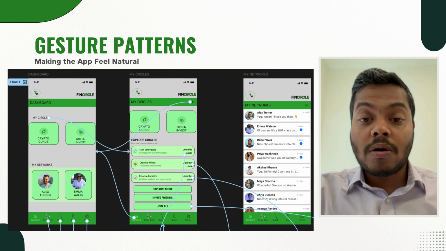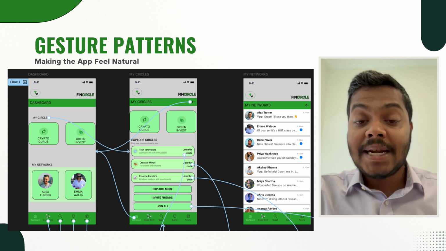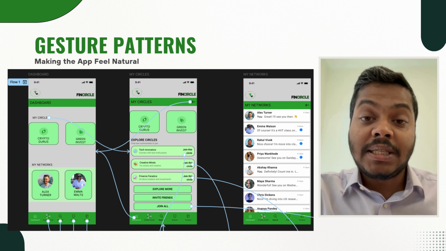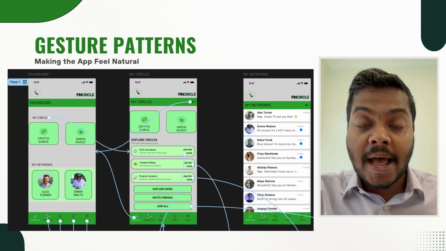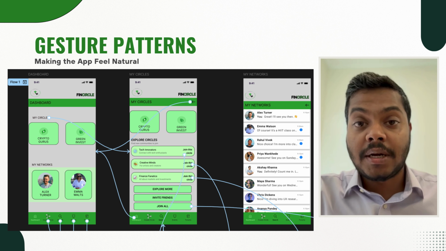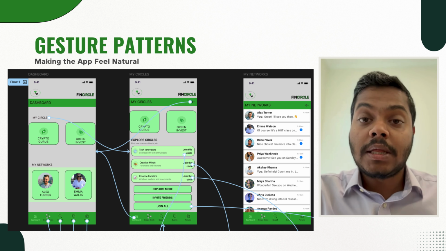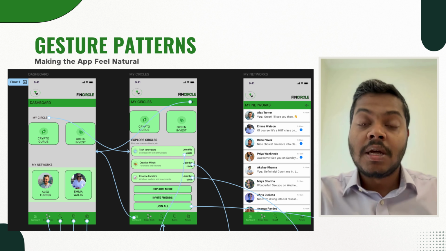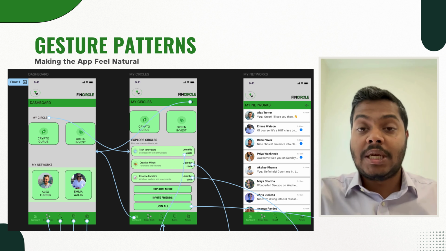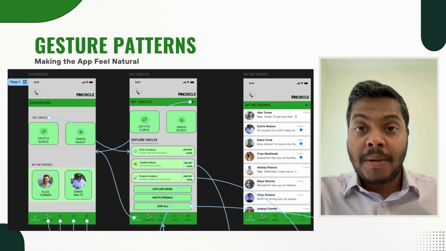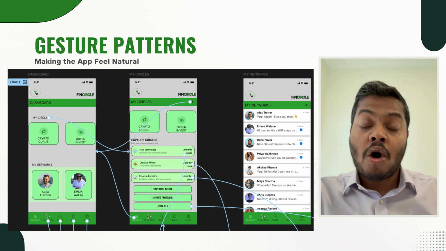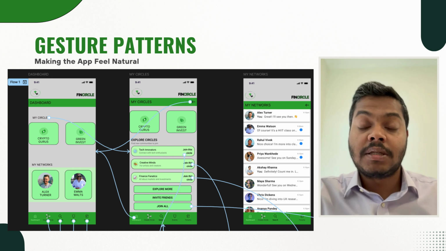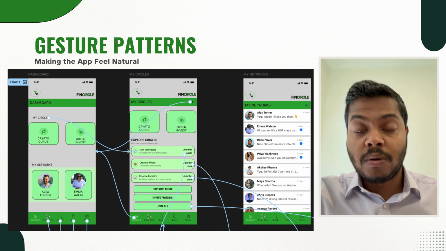Next, let's talk about the different gesture patterns that I have used throughout the design. So to begin with, as you can see here in the slides, I have 3 different web pages here. To begin with, I have introduced the dashboard and the My Circles, where I have given the gesture of being able to scroll horizontally when we are looking at different circles that are available to the user within the option